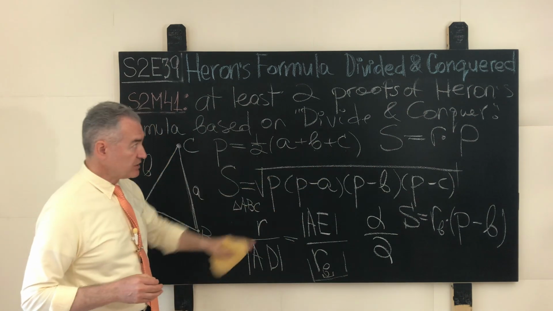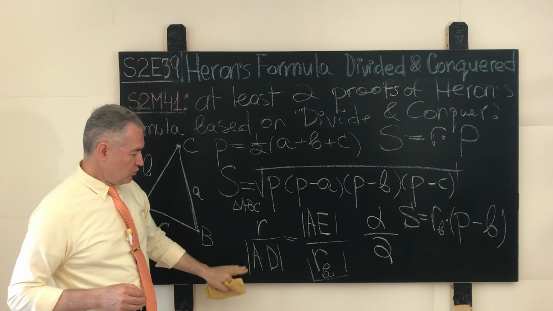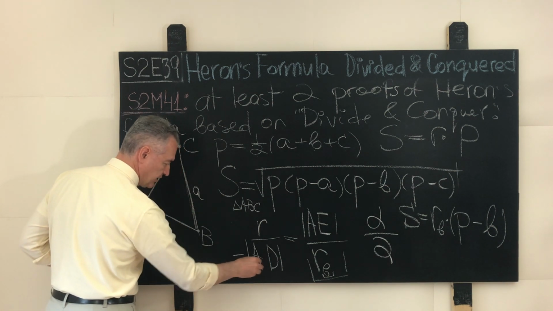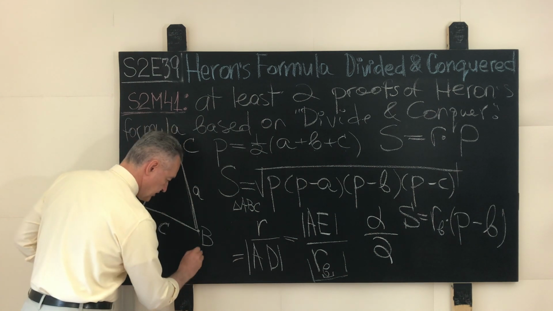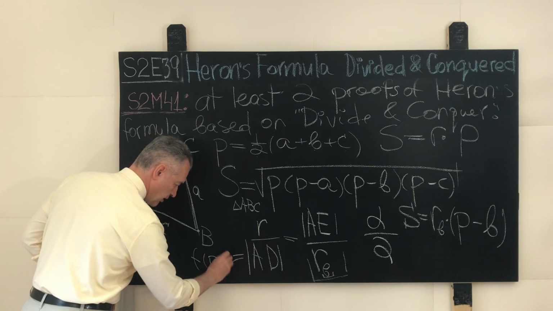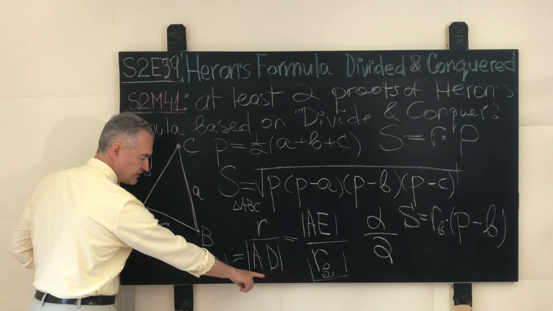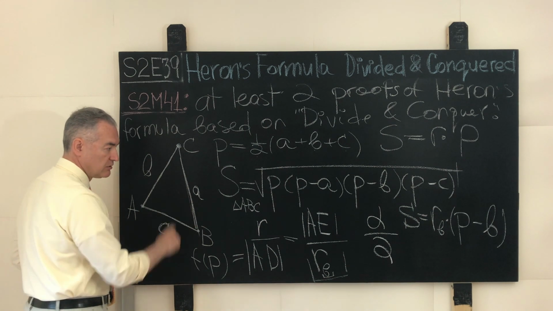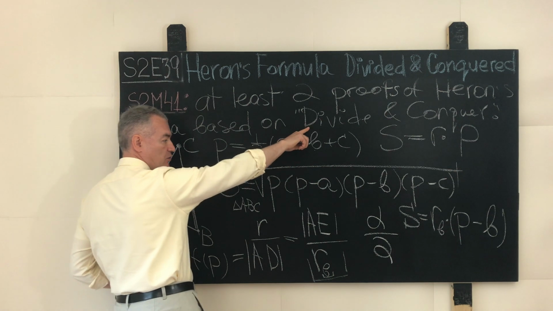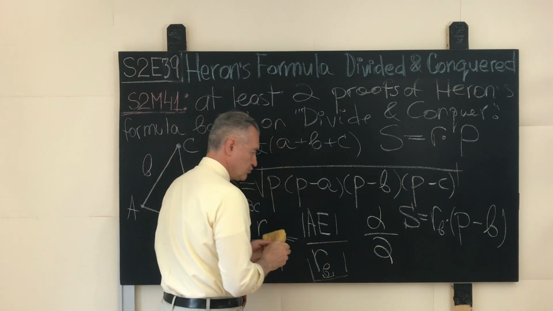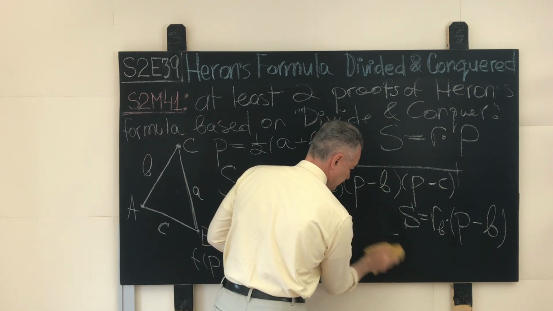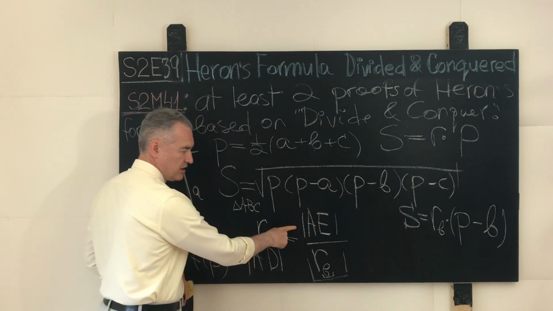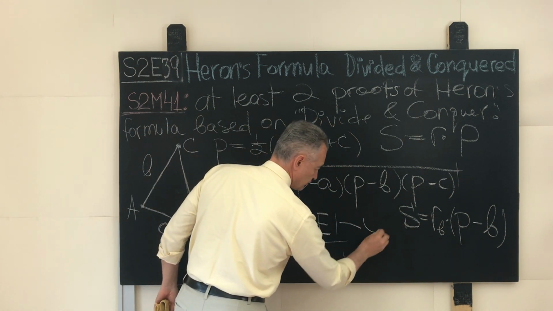Then still using the divide and conquer problem solving approach, we will show that this distance over here between the points A and D, and I'll show you what the point D is, can be given as a certain function of the semi-perimeter P. In other words, we will express this length in terms of the semi-perimeter of the parent triangle. And also using the divide and conquer problem solving approach, we will prove that the distance between the points A and E in the numerator of the right hand side ratio over here is a certain function of